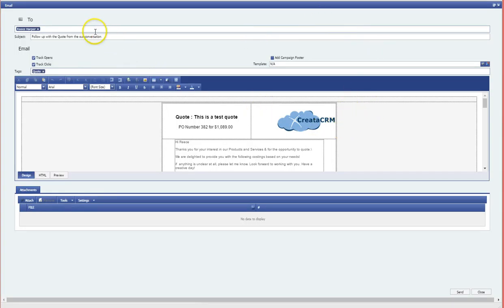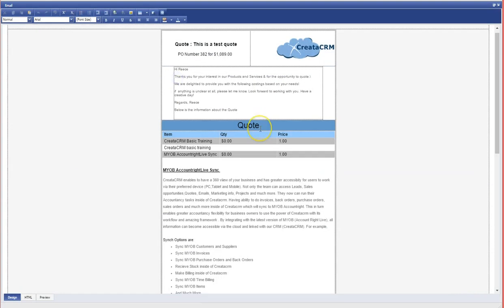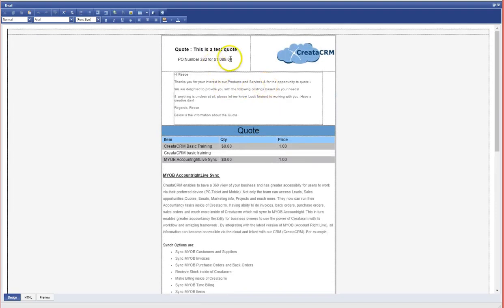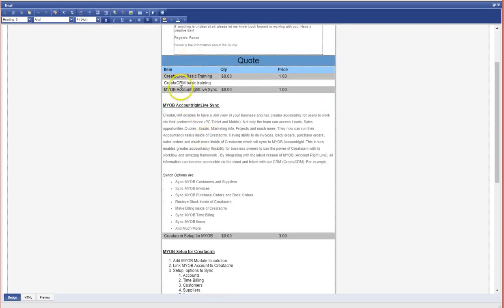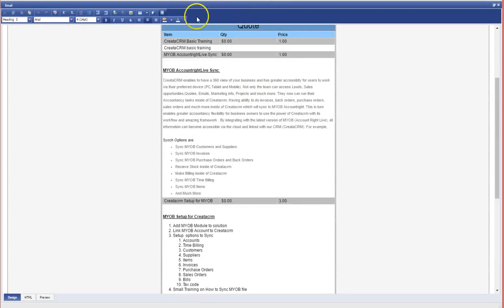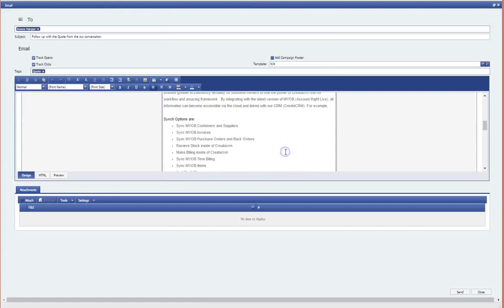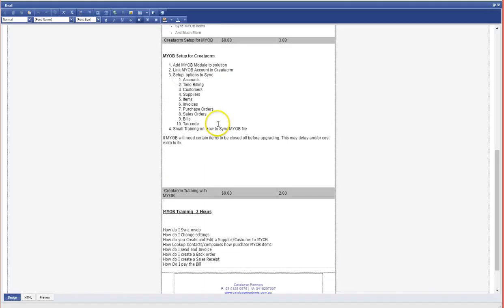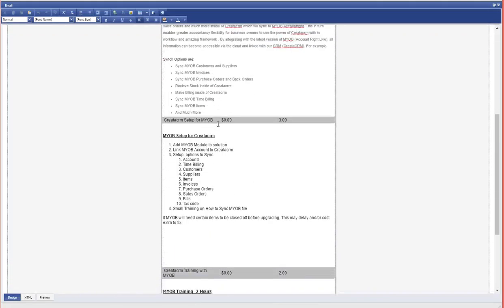Now the great thing about that is that, just expand this, see how we've got all the elements here. So we've got the quotes up the top here, so the quote is up here for $1,000, that's the title of the name of the quote itself. And see how it's put quantity $0, sorry, I didn't put any amounts in there. And you can see where it just brings out a nice look and feel to the actual quote itself. So nice